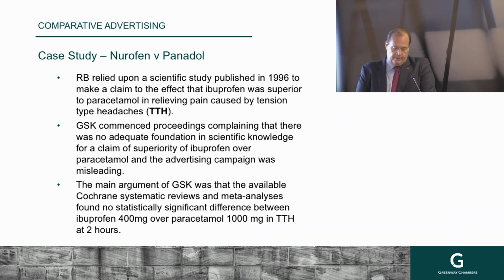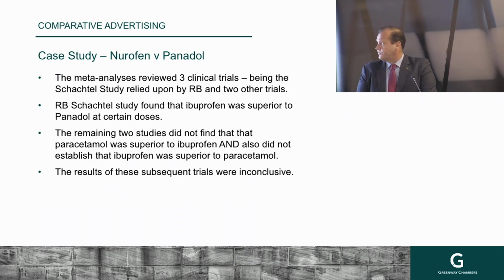What happened was that the study relied upon by RB was in fact called the Schachtel study. And the Schachtel study was found to be a reliable and good study, as it were. But after the Schachtel study, there were 2 further studies: essentially the NCT study and study NL9701. Very easy to remember names. Those studies, again, testing